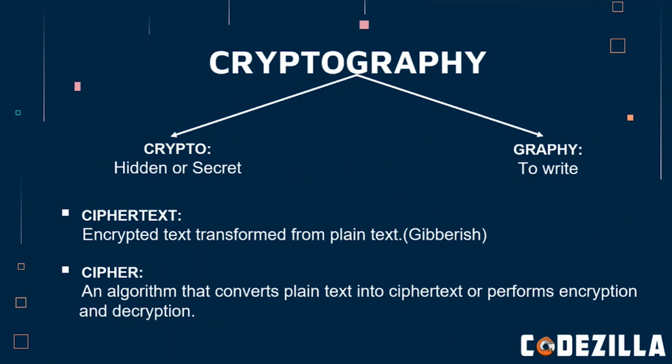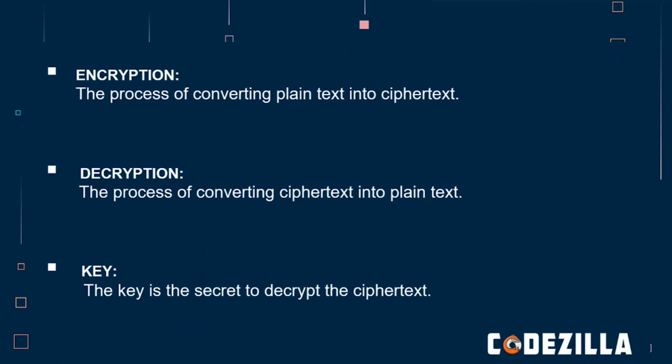So, what does the term cipher in ciphertext mean? It is an algorithm or step by step process to convert the plain text to ciphertext and vice versa. Saying the conversion of plain text to gibberish over and over is too hard, and here we have the synonym encryption, and the opposite of this, decryption, where the ciphertext is converted to plain text. Key is the term used for the secret or the information needed to decrypt the code. For communication purposes, the receiver of the encrypted message is supposed to know the key to decode it.